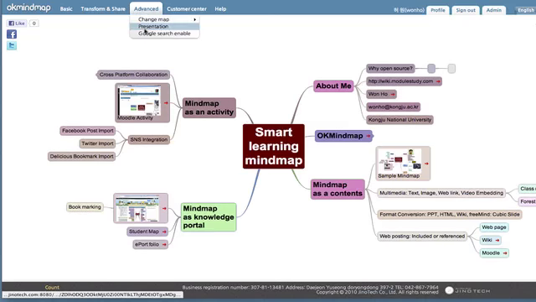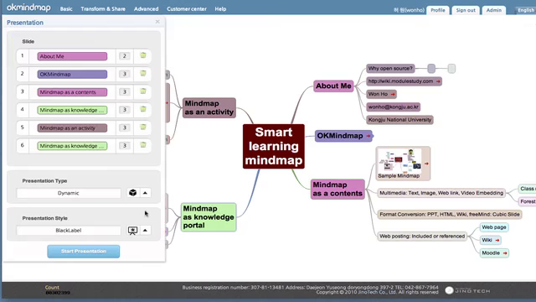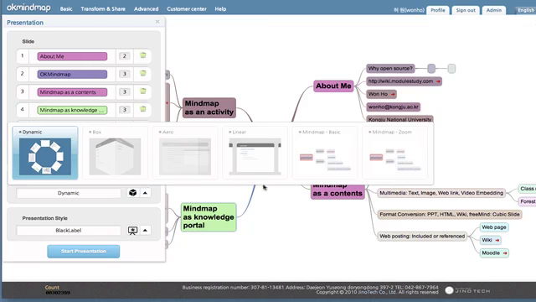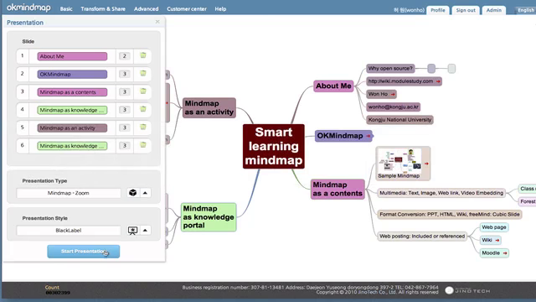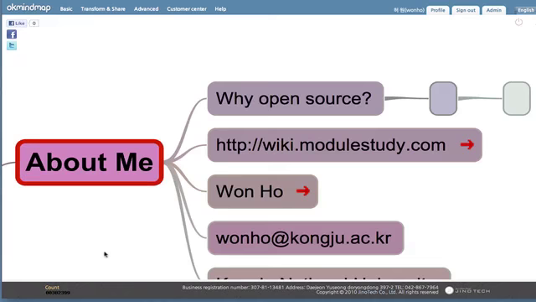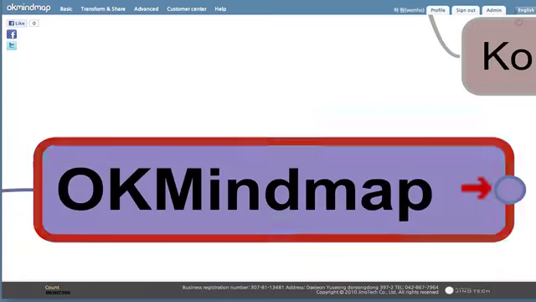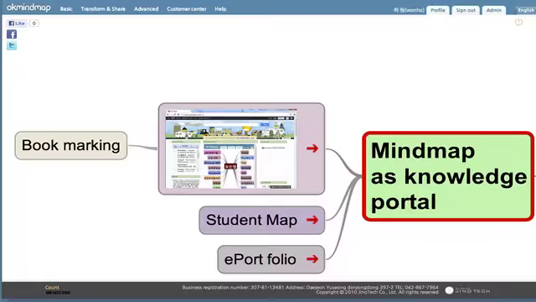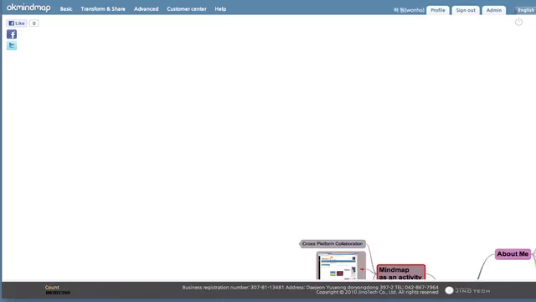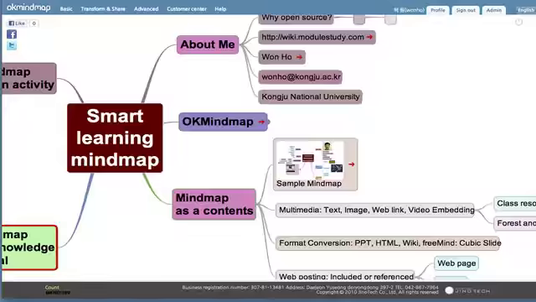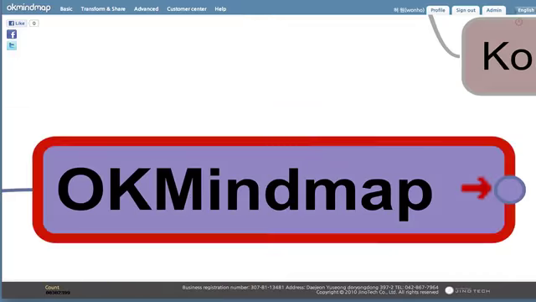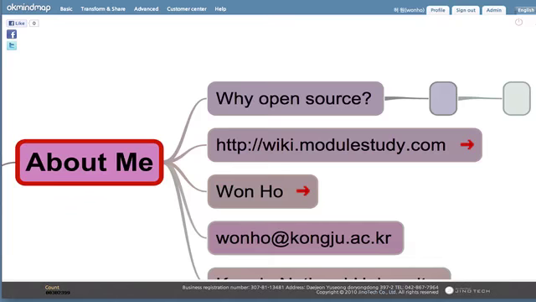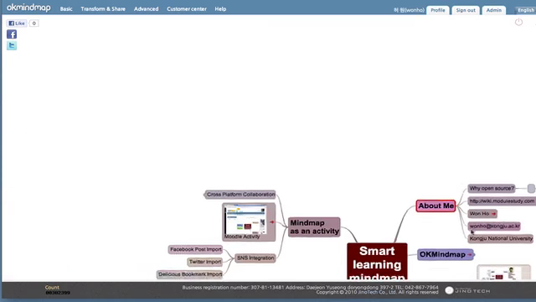The other presentation type is mind map style. There are two mind map style presentations. Let's try to use zoom. This zoom mind map presentation style will zoom up the mind map node which is selected as a presentation sequence. This is a presentation model,